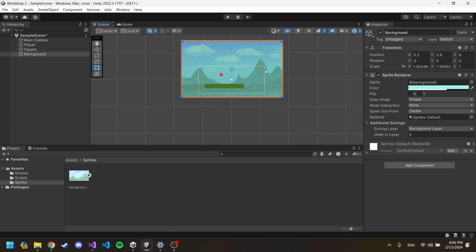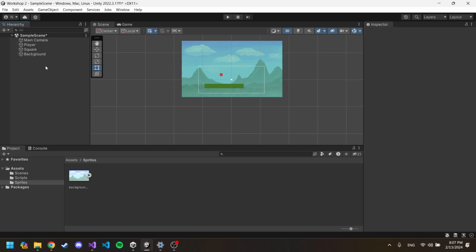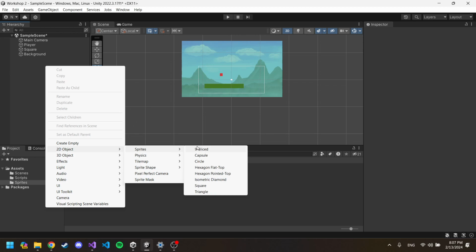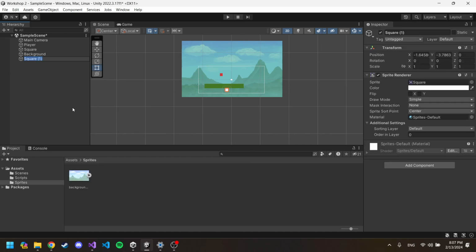Can you show again how you made the square one in the background? A square one in the background, right? Yeah. So you can just right click and open up a 2D object like this, like sprites. You make a square, and after that,